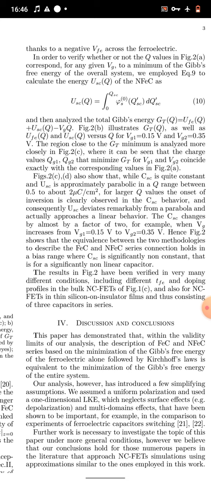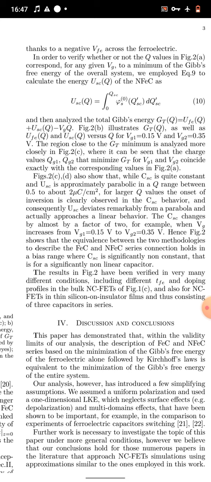For large Q values, the onset of the inversion is clearly observed in the CSC behavior, and consequently USC deviates remarkably from a parabola and actually approaches a linear behavior. The CSC changes by almost a factor of 2, for example, when Vg increases from Vg1 equal to 0.15 volts to Vg2 equal to 0.35 volts. Hence it shows the equivalence between the two